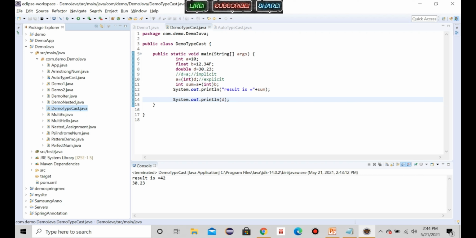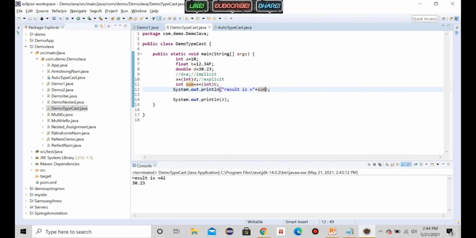I have modified the D. Now A value is not 10. I have changed the A value to 30. Though it is 30.23, now the value is 30. Okay, let me show you. Let me just add A also, so that we will know what the value is. And before that, let me give one space here. A value, A is equal to,